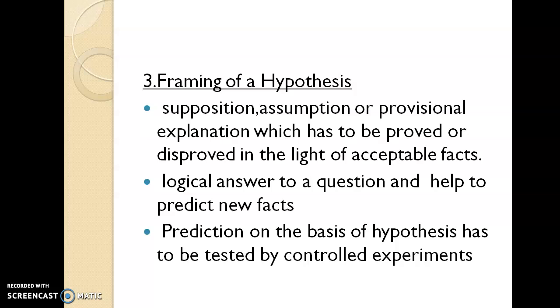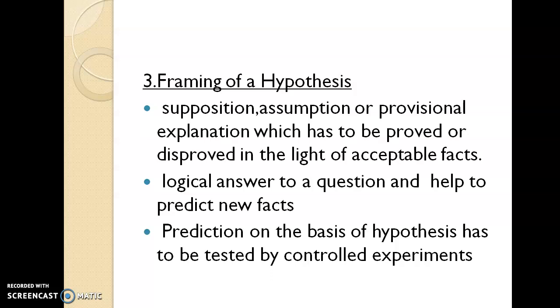The prediction will be on the basis of the hypothesis. What is the peculiarity of this framing the hypothesis or predicting the hypothesis? We need to make a controlled experiment. That means if you are making an experiment, you have to use two different aspects of experiment. One is the control and the other one is the test. Test means that we want to make a result. For example, in the previous example, a person wants to know which fertilizer will be much better for the growth of a plant,